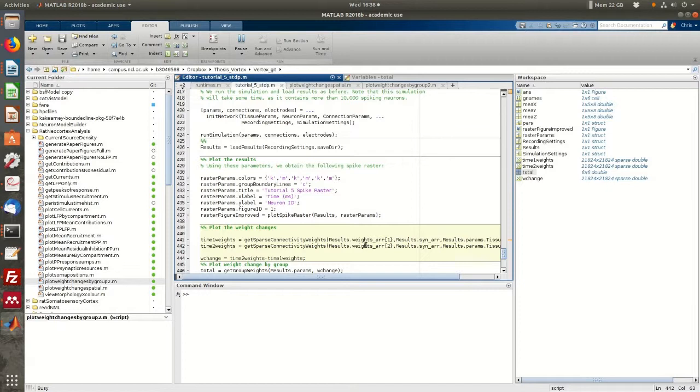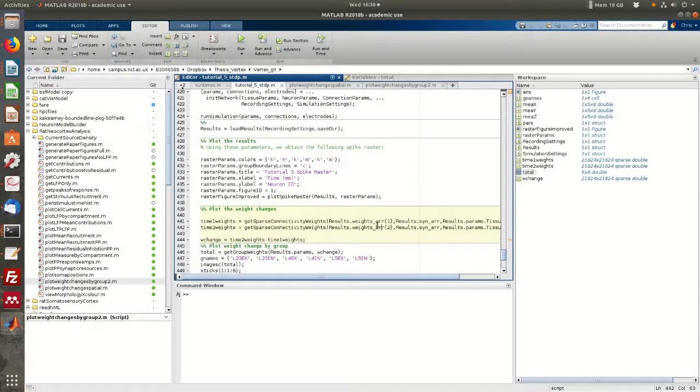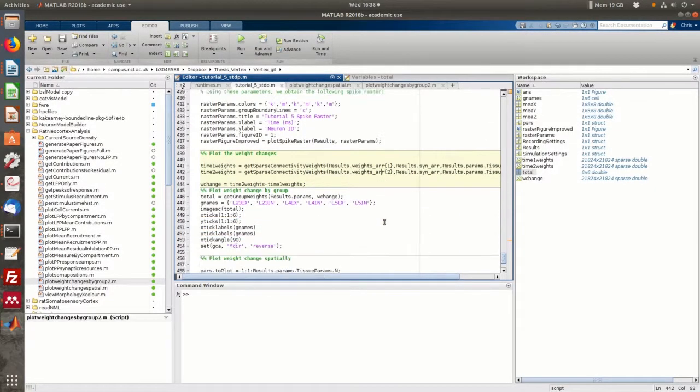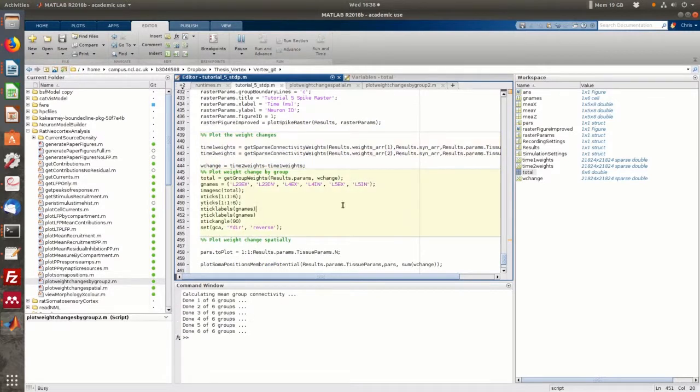There are two ways to plot these. One is to aggregate the change in connection for each group. So we can look at the total change in synaptic weight from the layer 2-3 excitatory cells to layer 2-3 excitatory cells, for example. Another way is that we can look at the change for each individual cell, so how all of its aggregated synapses have changed over the course of the simulation. We'll first look at the group by group